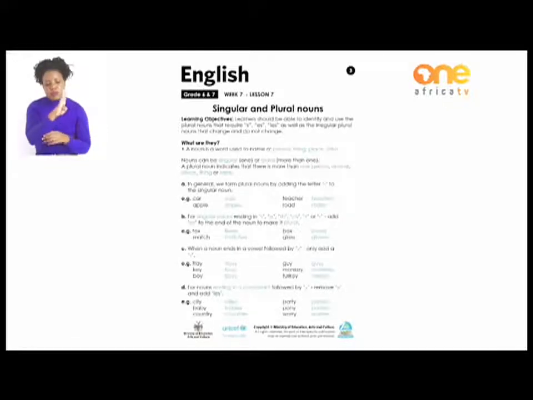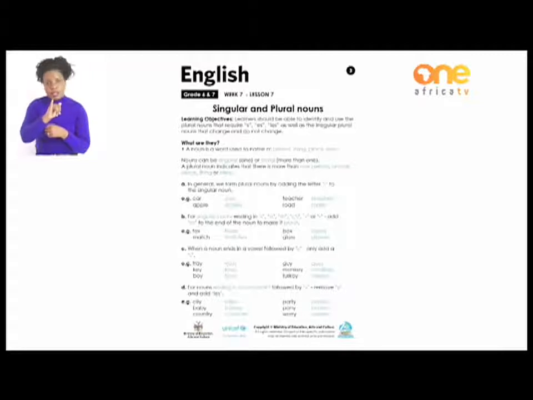When a noun ends in a vowel followed by Y, only add an S. For example, 1 tray, 2 trays, 1 key, 2 keys, boy, boys, 1 guy, 3 guys, 1 monkey, 10 monkeys,